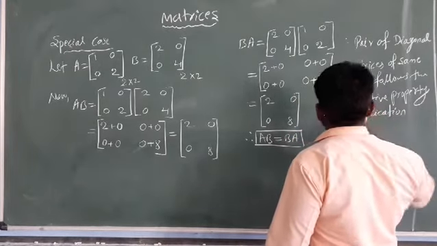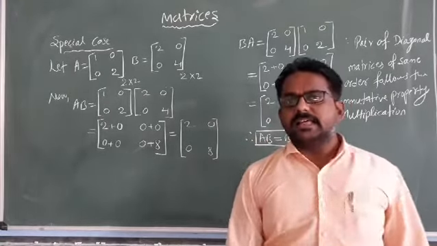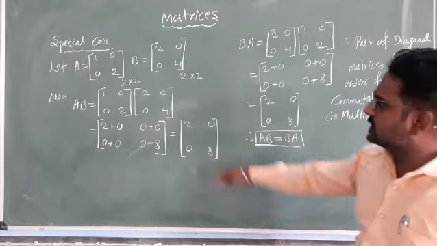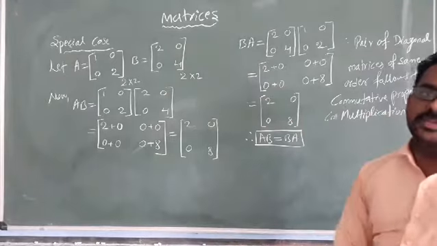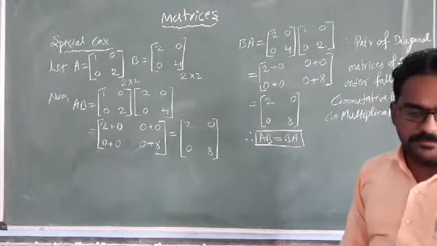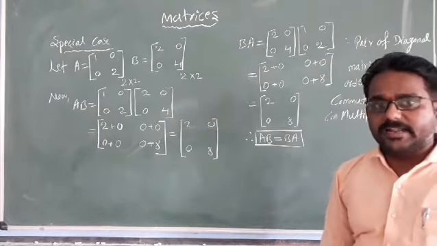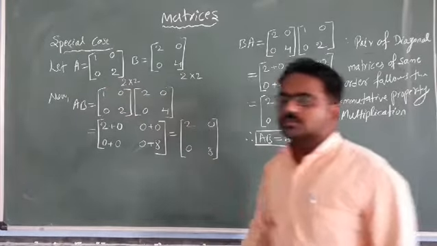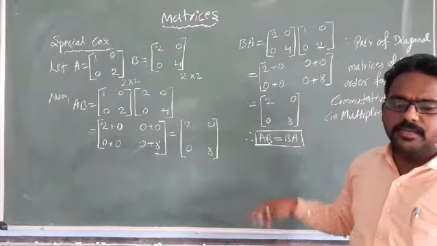Yesterday, in the last session only, I said we are going to get some special kinds of matrices. Those will follow AB equal to BA. If you consider 3 by 3 and 3 by 3, again you will get 3 by 3 AB and BA matrices. Those also have AB equal to BA. If you consider the scalar matrix, if A and B are both scalar matrices, at that time also AB equal to BA will exist.